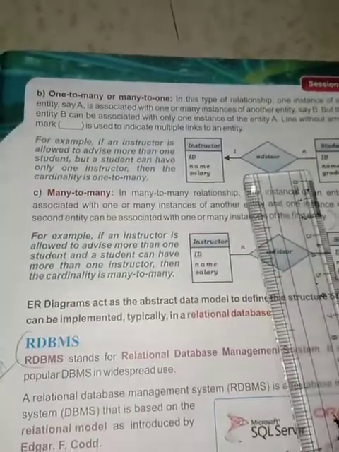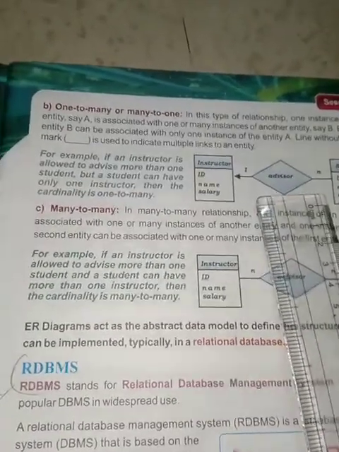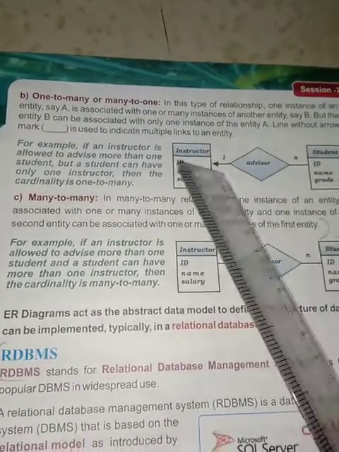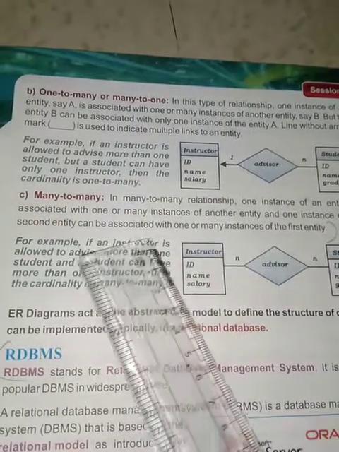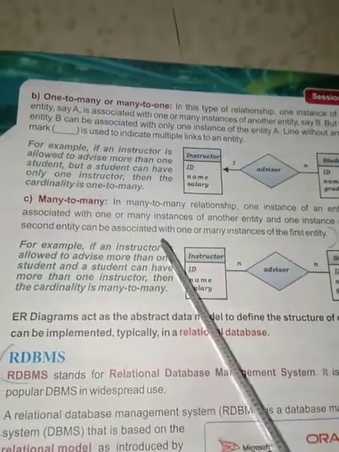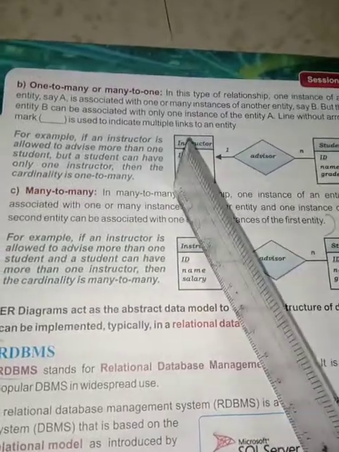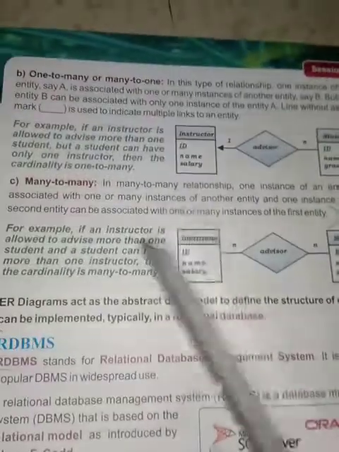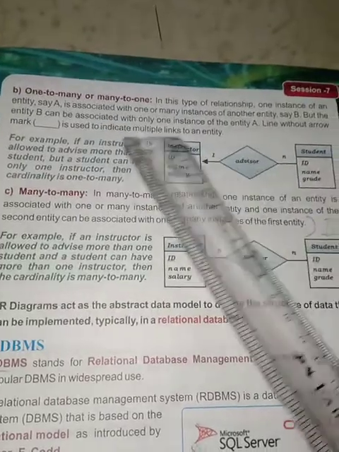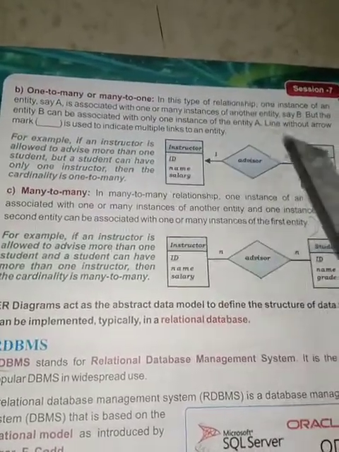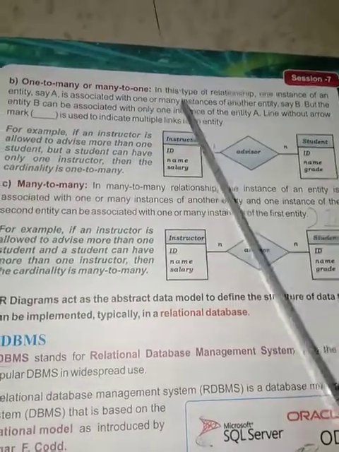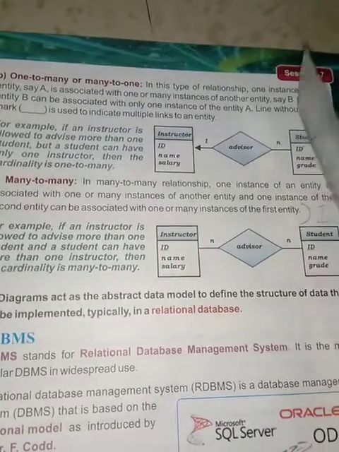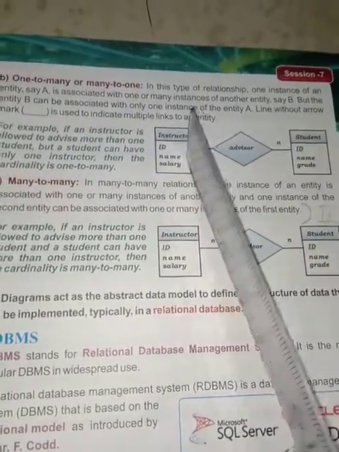One more example for one to many is a company and an employee. One company can have n number of employees, but n number of employees can have only one company. So one person in a company can work in only one company. He cannot work in more than one company. He can work only in one company. So he has only one company, but the company can have n number of employees. There may be so many employees in the company. So the company can have n number of employees, but an employee can work only in one company.